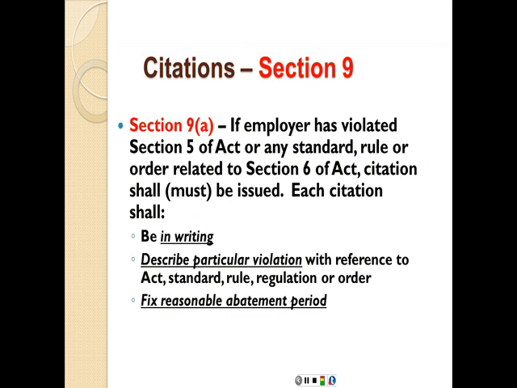Citations, if there's a violation. Section 9A, if an employer has violated Section 5, which is the general duty clause that we talked about, of the Act or any standard, rule, or order related to Section 6 of the Act, a citation shall, which means must, be issued. Each citation shall be in writing, so that it's not verbal, it's going to be documented in writing. Describe the particular violation with reference to the Act, standard, rule, regulation, or order. We're going to see by the end of this lecture how it's referred to in the code, so it's going to mention the clause that the employer did not comply with, and that's why they're going to be cited for that violation, and a time to fix